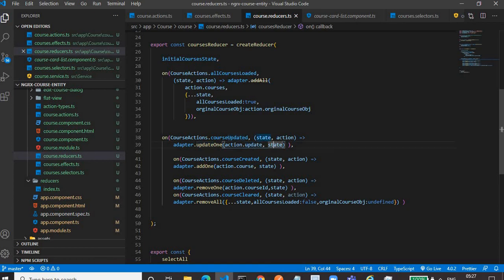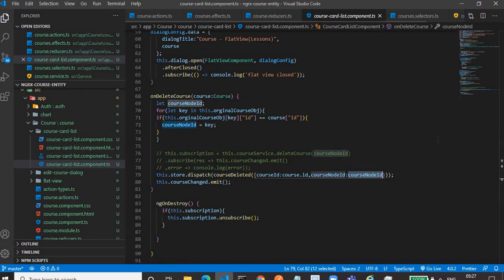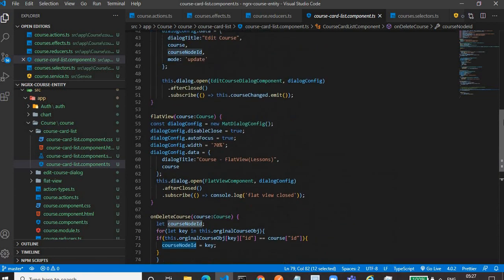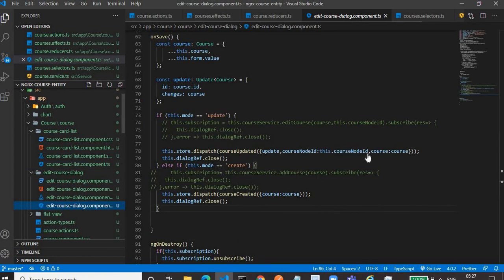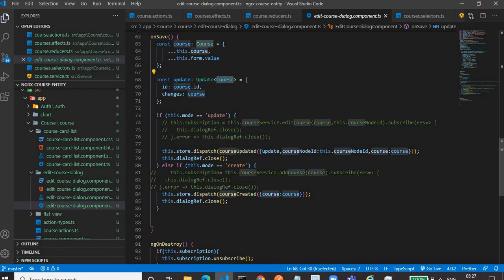And where we are creating this update object is in the edit-course-dialog.component.ts file, because here we will use the edit. In the onSave function, we are getting the updated course. Then we have an update variable, which is of type Update of entity Course. Here we are providing the ID of the course, and changes is the new course object.